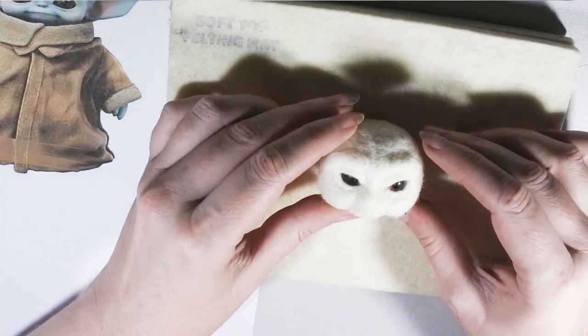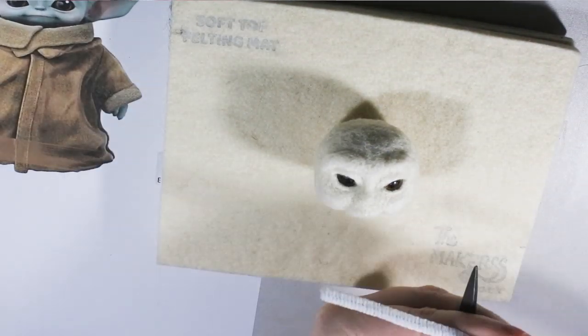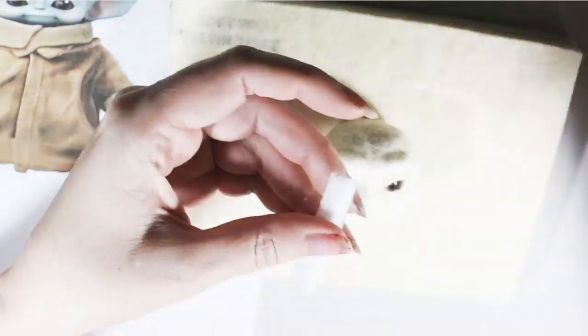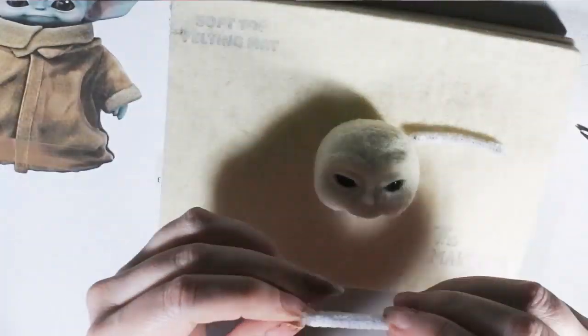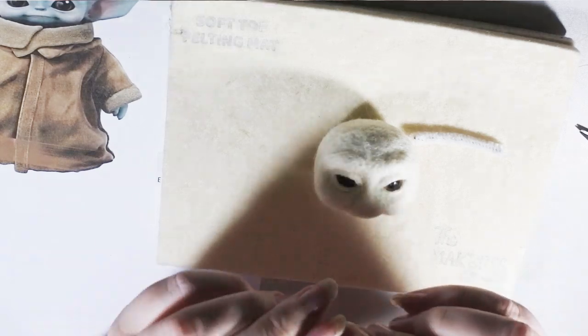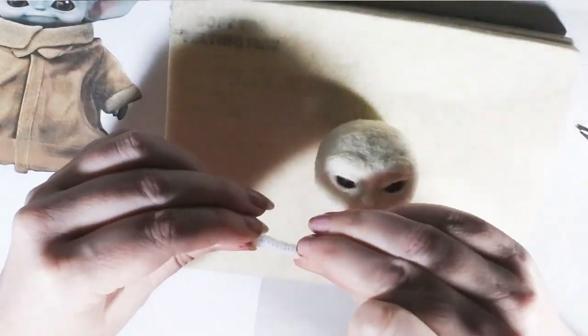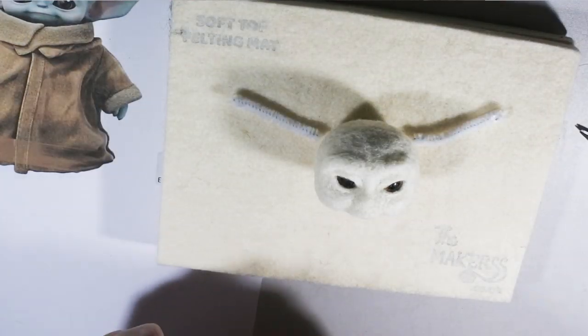Now I'm looking at doing his ears, and I'm using the wonderful eco pads from the makers, and all I do is cut a couple of lengths of pipe cleaner to the length I want, and they're going to be the top of his ears. Fold over at the end so there's no stabby bits, and then I'm going to wrap that in a little bit of white fleece, and then layer on some white fleece on top and underneath,